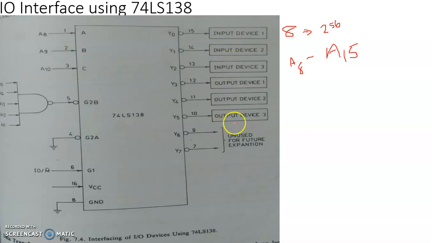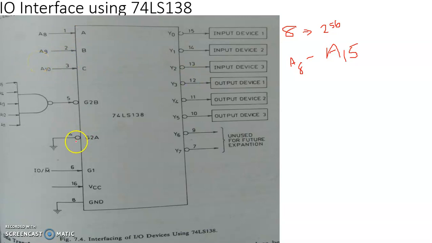Now, to interface the different input-output devices, as shown here, there are 3 different input devices and 3 different output devices. 2 channels are kept free for future use. This is how the interfacing is done with the help of 74LS138. The channel select lines will be given the least significant 3 pins of the address bus. These are A8, A9 and A10, in this reverse order. CBA is the order of precedence as far as the channel selector inputs of this chip are concerned.